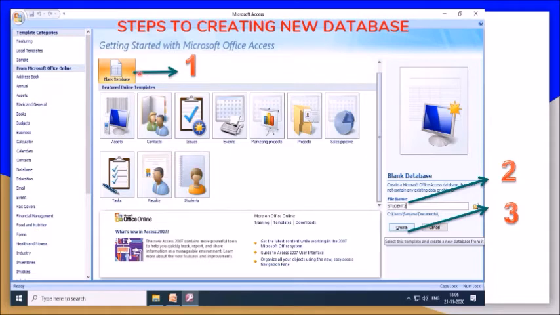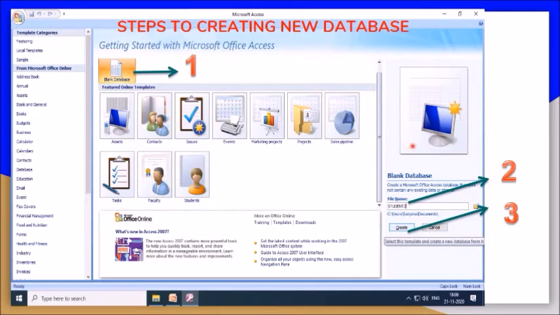Now, steps to creating a new database. When you want to create a new database, in the first screen after starting MS Access, you can see on the left hand side there is a template category where different ready-made templates are available. Then you can see features of online templates. So online means ready-made online templates are available.